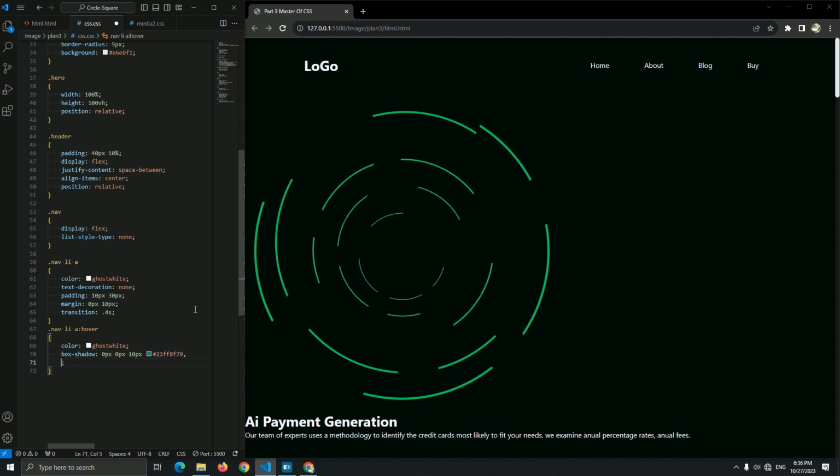Okay, and now let me just copy paste this box shadow again, guys. Okay, the second box shadow, let me make it 5 pixel, and the next box shadow we're going to use inset, to be inside, of this color, 3 pixel, 0 pixel, 30 pixel of this color.